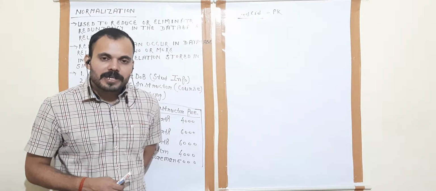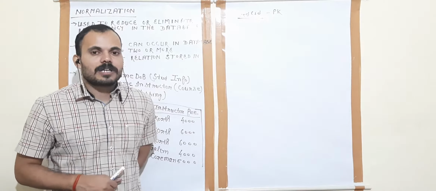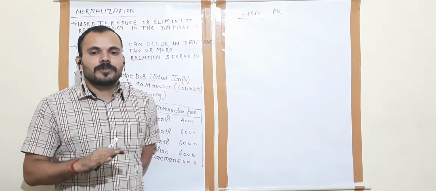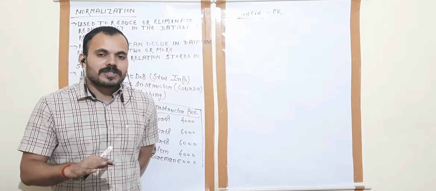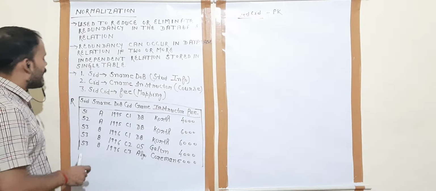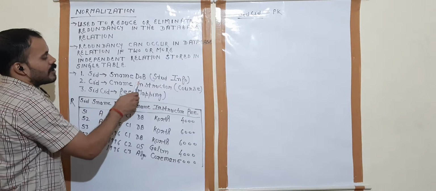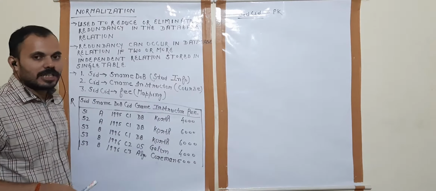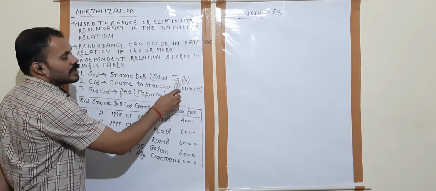What is functional dependency? What are the types of functional dependency? We will see that. You don't need to be confused here, only listen to what I am trying to say. Understood? SID determines yes name and DOB, where SID, yes name, and DOB are three attributes in the student information